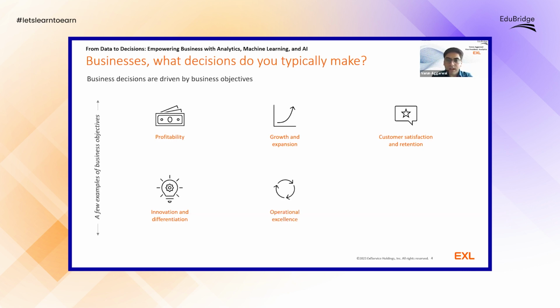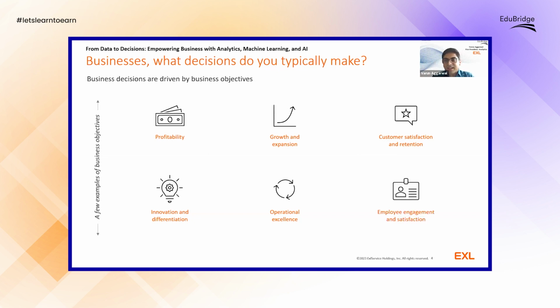Then another important aspect here is operational excellence, so how you're executing your plans. As a key business stakeholder, you would also need to make sure that whatever plans are made in the boardroom are executed properly on the ground. And for that, it requires a lot of coordination, efficiency enhancements, and standardization across different departments of the business.